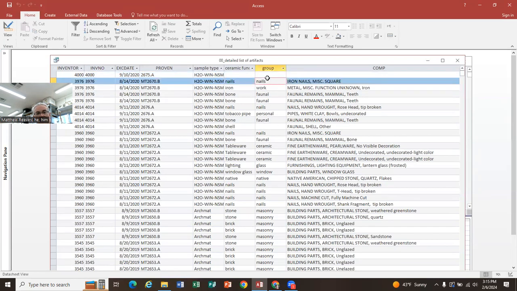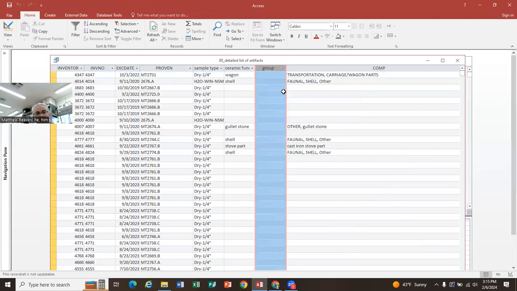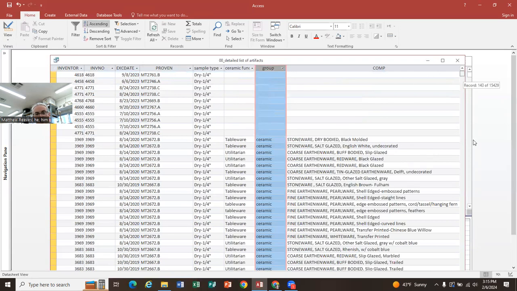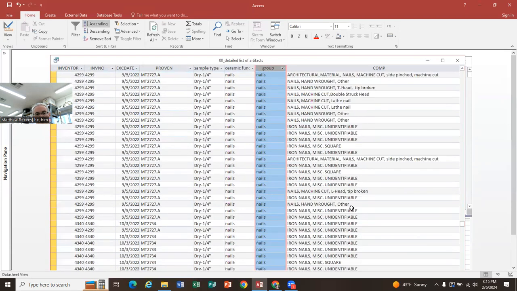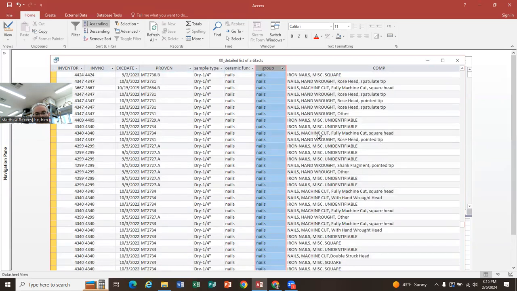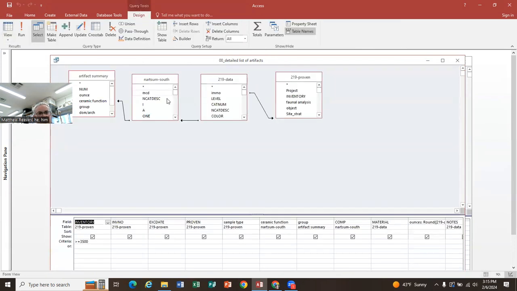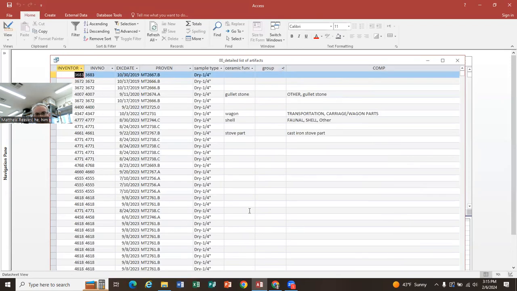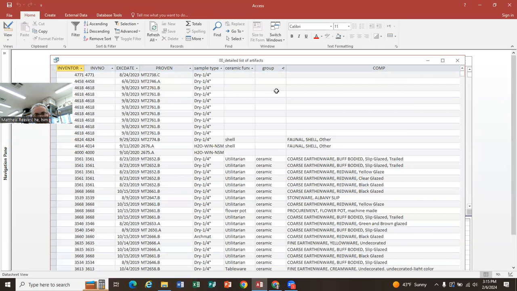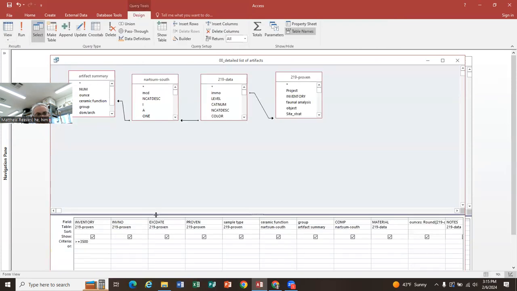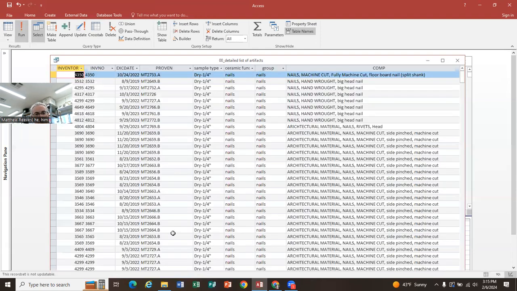So like here's, if we go into this one and look at nails, here's all the nails right here. And I think to get to wrought, there's a category under North Some South called 1. Let's make ceramic function, make this into nails, nail. Now when we run this,